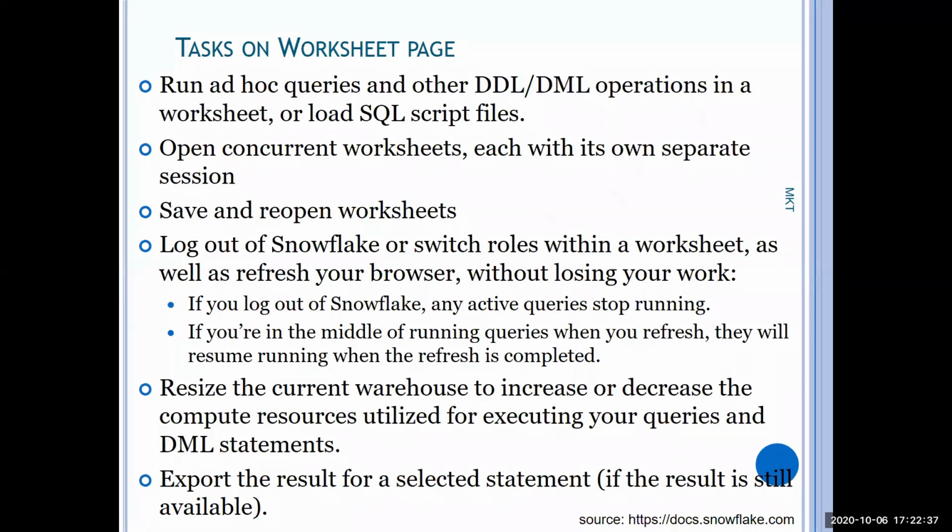For example, I am running a medium size warehouse, and I feel that the execution takes a longer time. So I can go for a higher size like XL or something like that. That can be done whenever you are executing a query itself. So you don't need to stop the warehouse for increasing or decreasing its size. Warehouses need not be stopped.